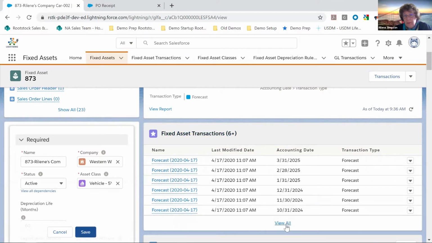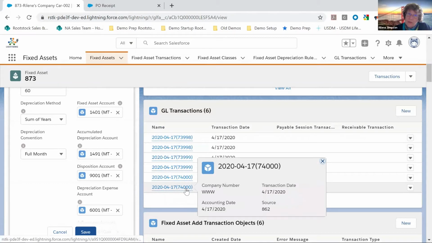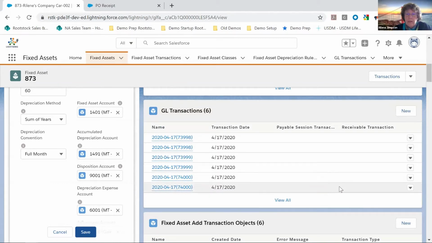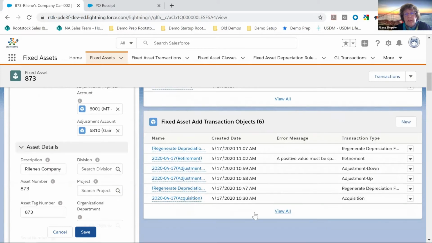Another thing that's going on here, you can see there's a list of fixed asset transactions, and there's more than 6 of them, which is the limit that we put on one page. We're going to drill into that. We'll see the GL transactions associated with any fixed asset transaction. And then we have what we call a fixed asset add transaction object. This is kind of the processing transaction that kicks off the other kinds of transactions that take place. So let's actually start here